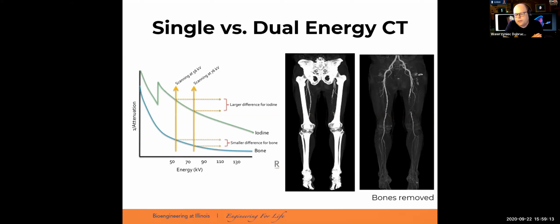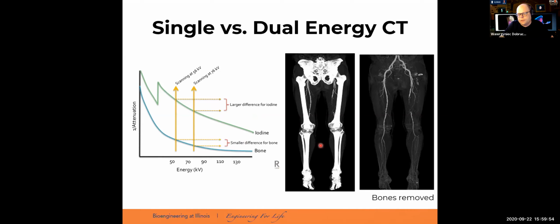This is dual energy imaging of a patient who was injected with an iodinated contrast agent. Now what we can see, when we are imaging at two different energies, is that the attenuation of the iodine at those different energies is actually larger in terms of the difference than in bones. Which means we are getting much higher sensitivity of imaging the vessels using iodine than the